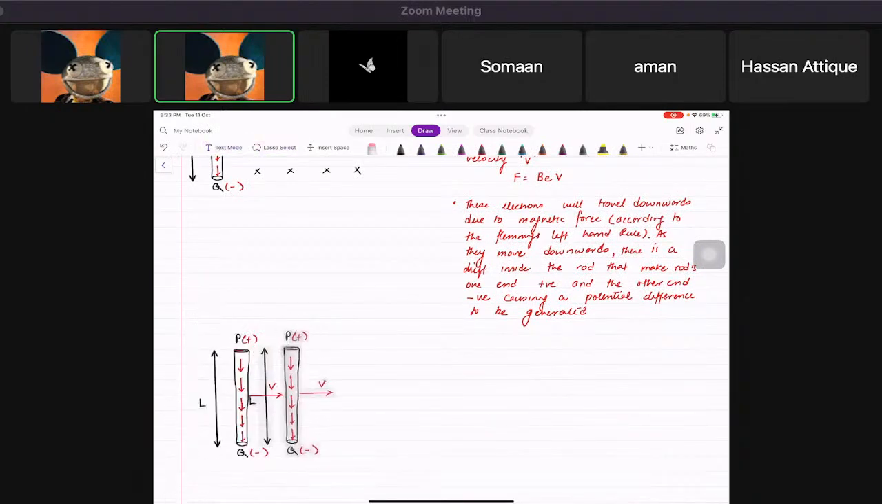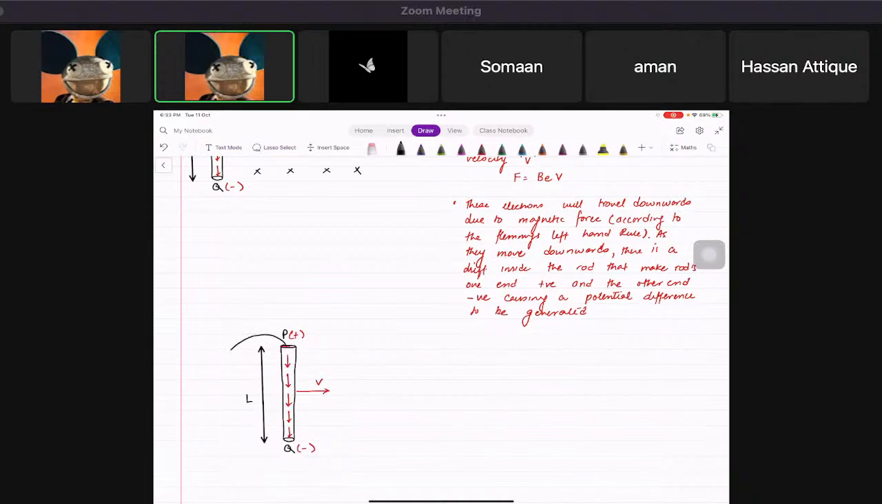Let's move it a bit here. So now if you connect a voltmeter right here, you would actually find a potential difference between P and Q because the electrons have drifted towards the other side due to the force, right? And from this point onwards, we can actually find the work done by the magnetic field on